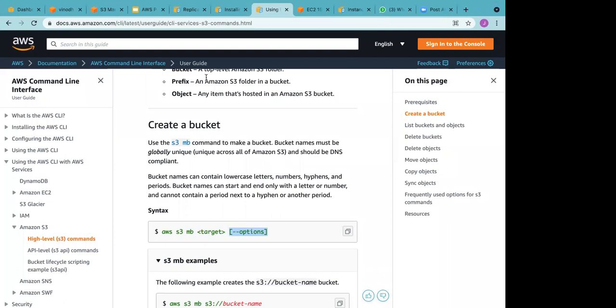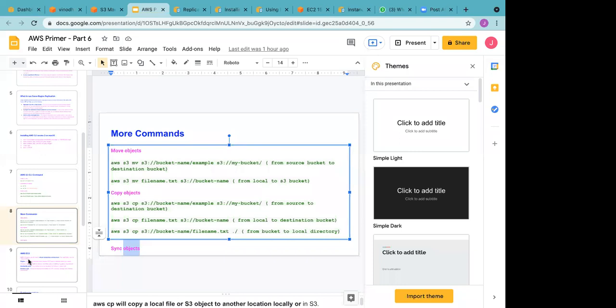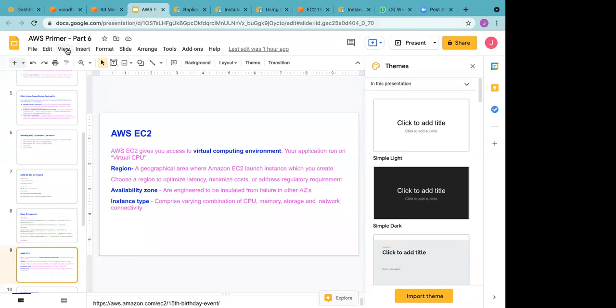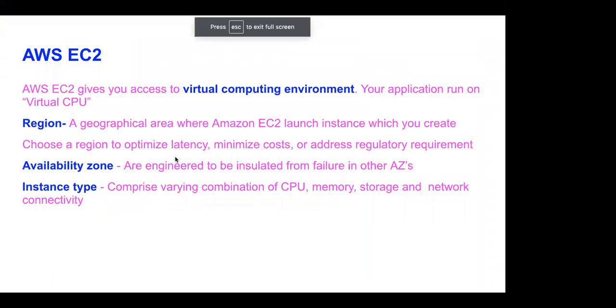Okay, guys. So let's quickly move to our introductory topic on EC2, and the detail we'll study in the next session. So in layman language, what exactly is EC2, which is Elastic Compute? It's like providing a user a virtual computing environment, or you can say a virtual CPU. So that is your EC2.